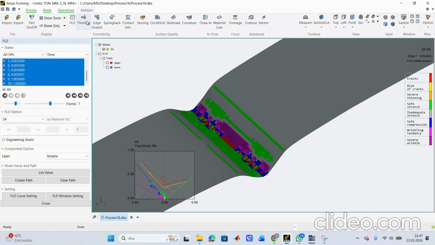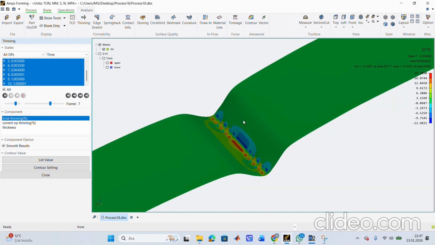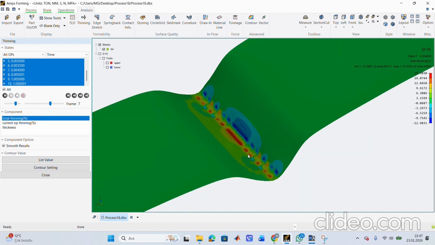This shows us cracks, and this tiny part shows our more thin parts. We see these parts are cracks, and also these parts are thinner parts, and I want to measure the angle.